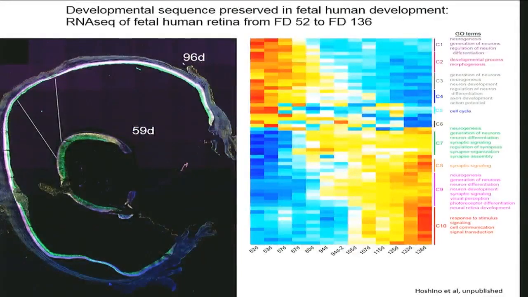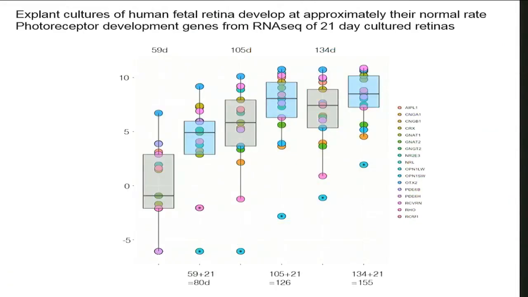We've also started doing an analysis of the human fetal retinal development in collaboration with Anand Swarup at the NIH. There hadn't really been a comprehensive RNA-seq analysis of the developing fetal retina, so we had to do that in order to track the time of development. So we've gone from very early stages, like 59 days, to even much later stages, now 136 days, and we have a comprehensive RNA-seq profile now that we're about to send off.